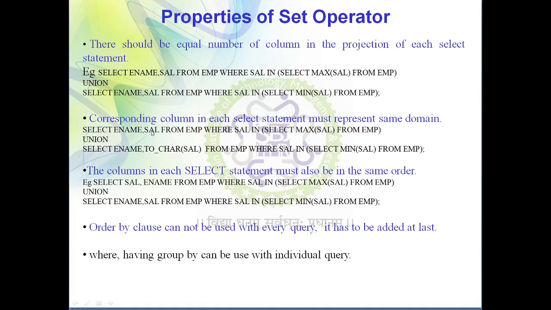Here salary, suppose the data type is number, so in this case its data type is supposed to be number. Suppose its data type is char, it is not allowed. That means the sal attribute in the first query is of type number, and for the sal attribute in the second query, suppose its data type is character, this one is not allowed. Both these two attributes should have a common data type, that means the same data type.